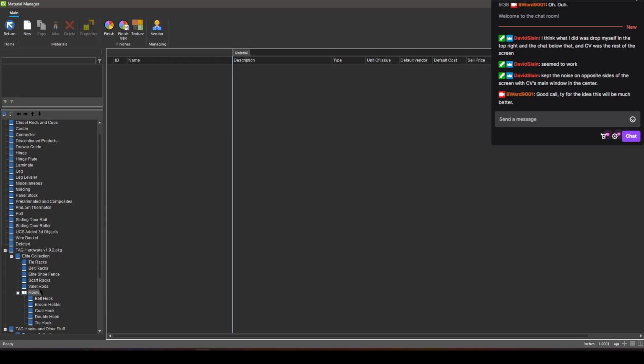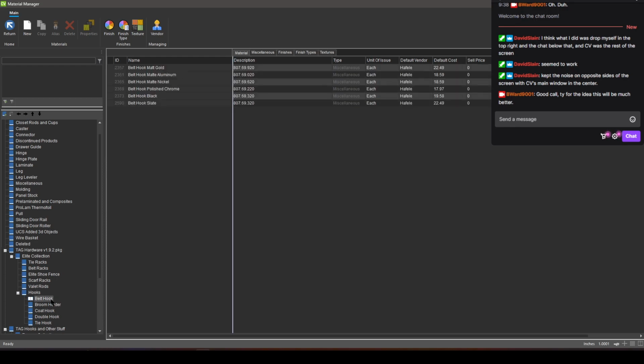all right, so these are the various hooks that I've imported from the tag hardware collection. You may not be able to get this if you don't have the closet package, but you could just ask me and I'll give it to you. I don't really care. So if you do want these and you can't find them on the forum somehow, send me a message and I'll try to send them to you. But basically, you've got these different materials is what they amount to,